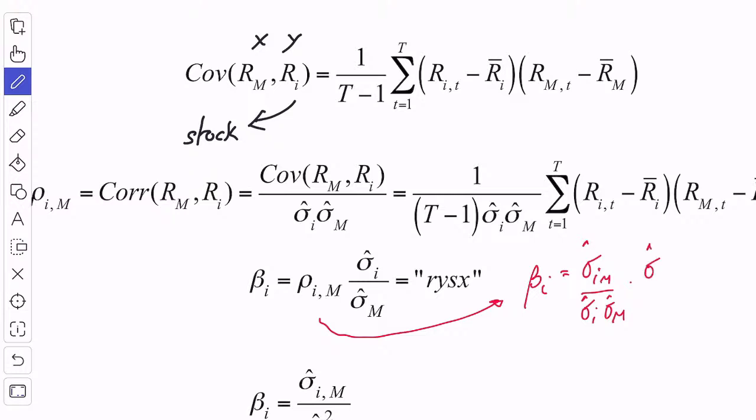So that's the same thing. I just wrote out the same thing. So this is the correlation, but I've expanded it from here. I should actually put the symbols here so you know this is also